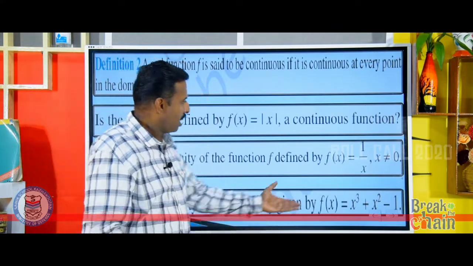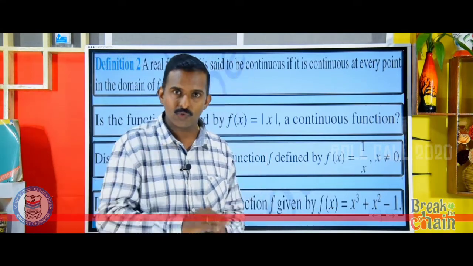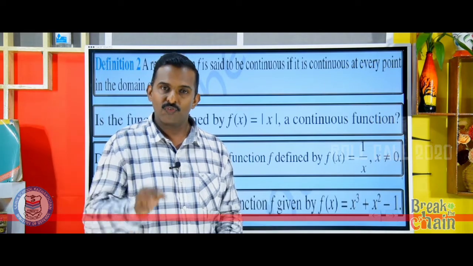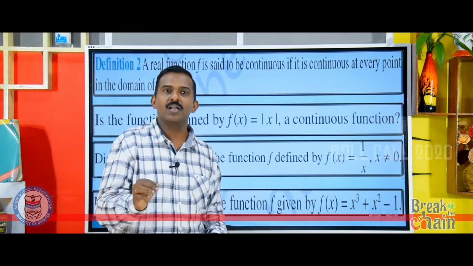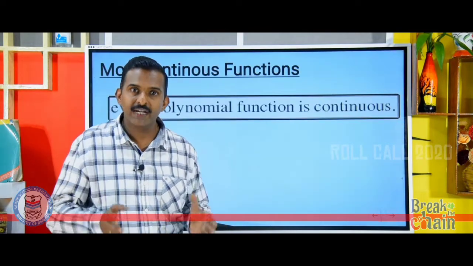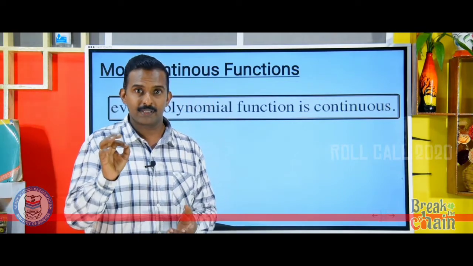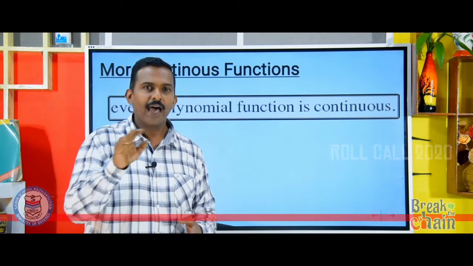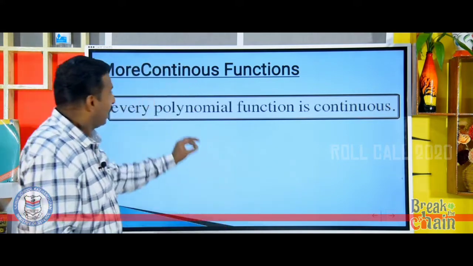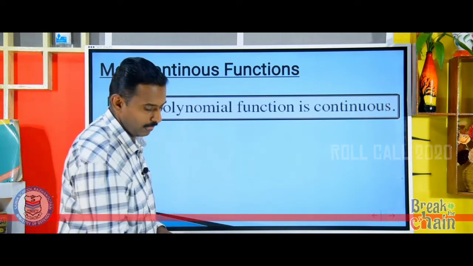Now, in fact, x cube plus x square minus 1, earlier we have seen 2x plus 3, that is also a continuous function. Now, where do all these functions come under? These are all polynomial functions. Therefore, in fact, if you take a class of continuous functions, every polynomial function is continuous. Therefore, if you go to more continuous functions, the modulus function, already we have told it is continuous, that is one of the best examples, because later you study differentiability and you will find a relation in the modulus function between continuity and differentiability. Now, we told every polynomial function is continuous, that is one of the examples of continuous functions.